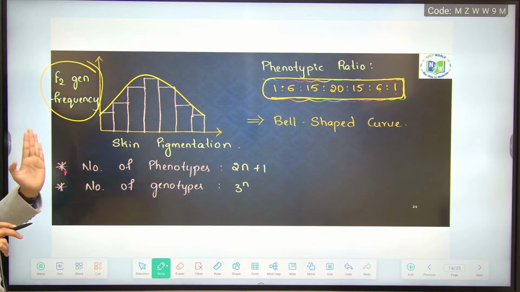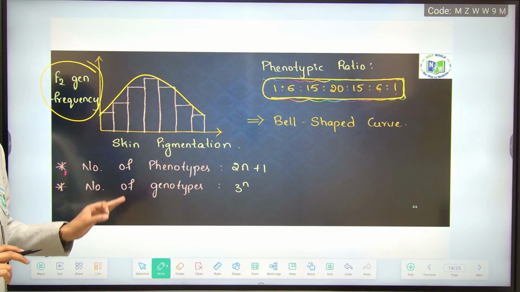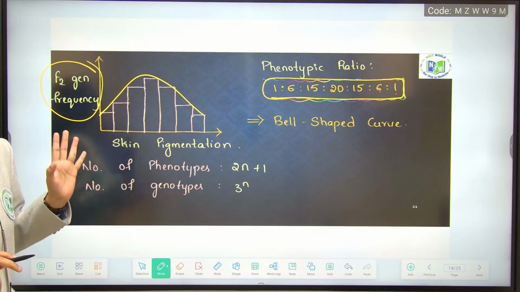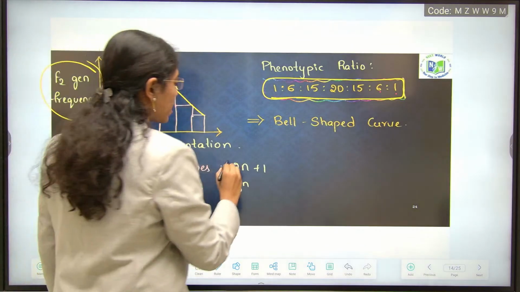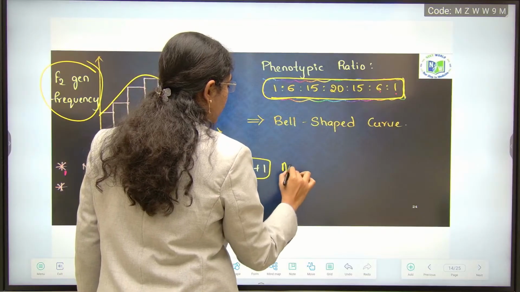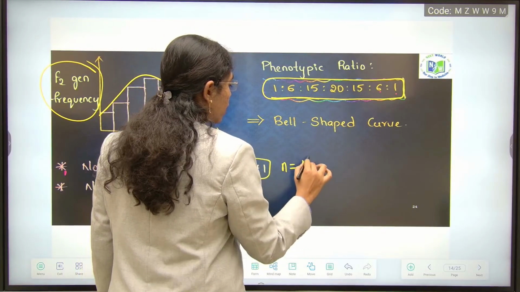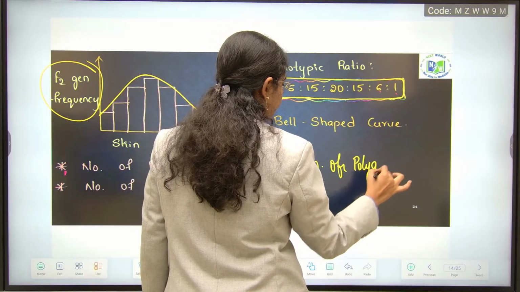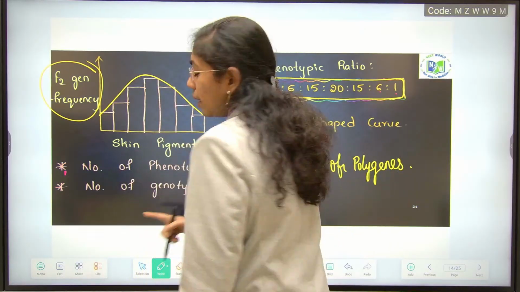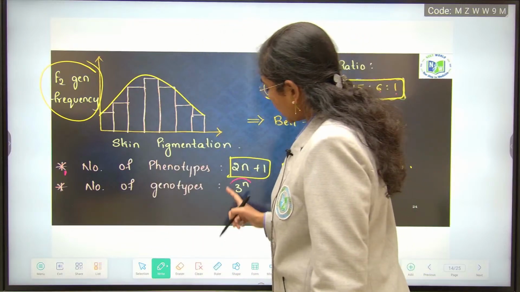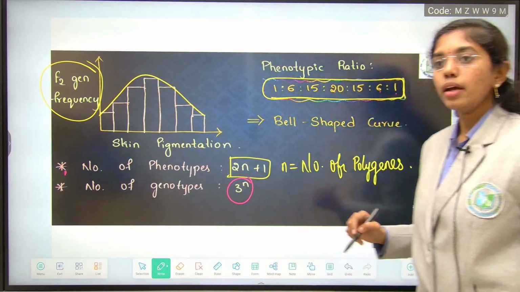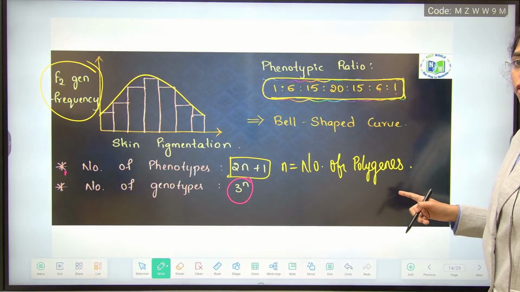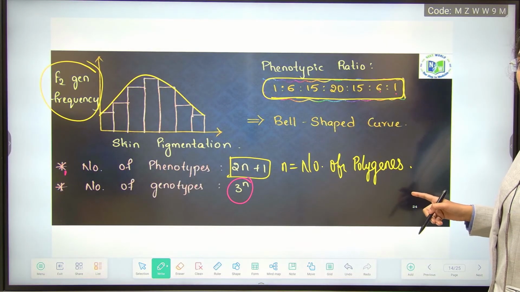Now, to calculate the number of phenotypes in polygenic inheritance, the formula used is 2n plus 1, where n is equal to the number of polygenes. To calculate the number of genotypes, the formula is 3 to the power of n, where n is again the number of polygenes. Clear with this? And then